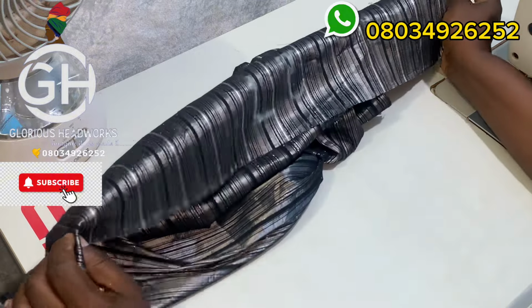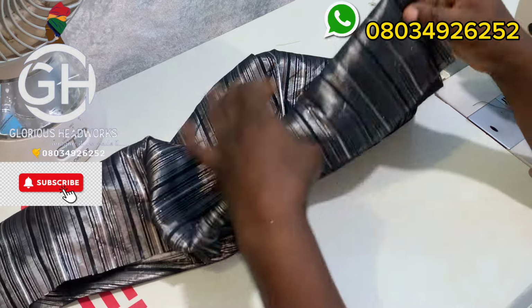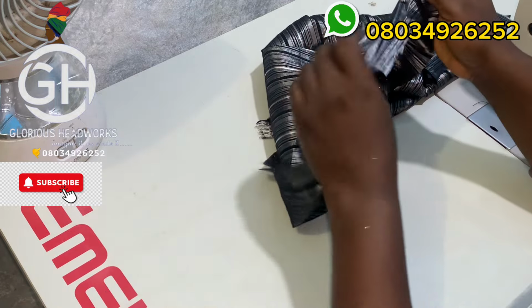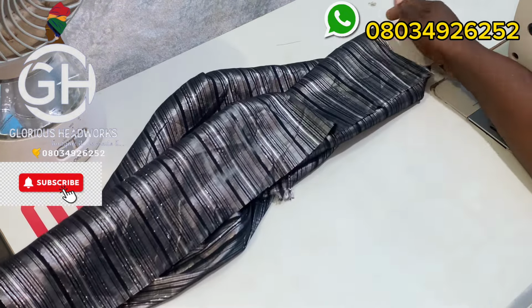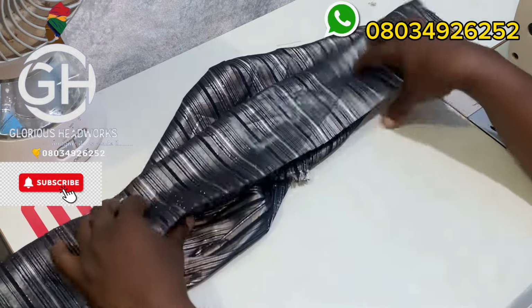That is what I want to sew. And this particular design, you sew it on the right side, not the wrong side. So you fold in this place like this. Just want to show us before I take the fiber. The second one like this. So this is how you're going to sew it. Now before you sew,